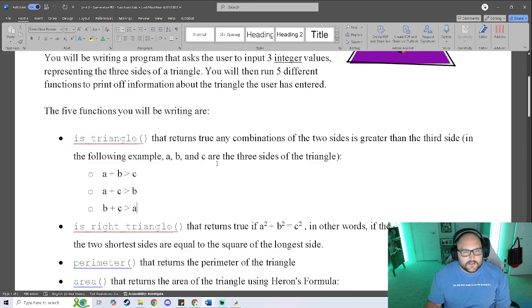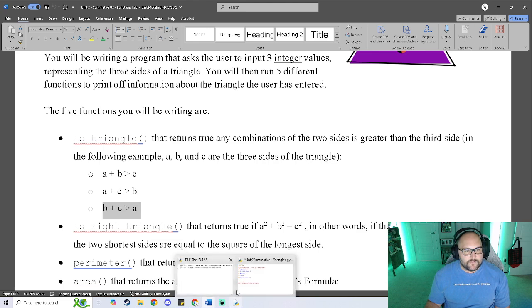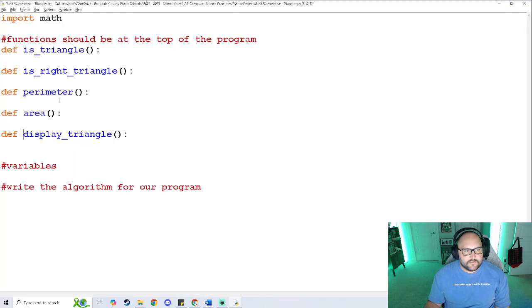So isTriangle, okay, it returns true if any combination of 2 sides is greater than the third side. So for instance, if side A and side B are greater than C, it returns true. If A and C are greater than B, it returns true. If B and C are greater than A, it returns true. Otherwise, it returns false. Okay, cool. So basically we're saying, well,